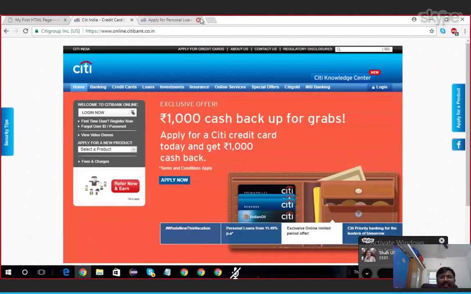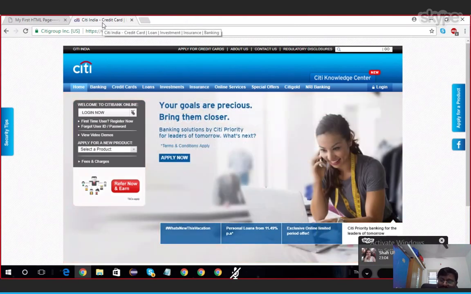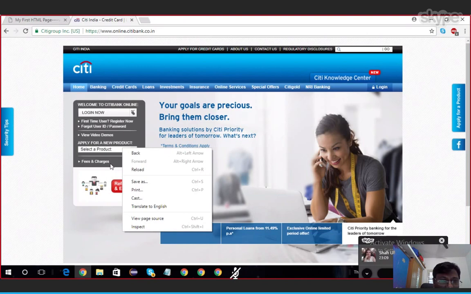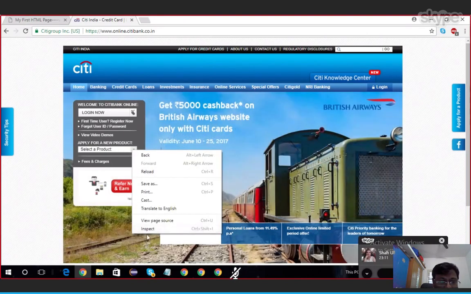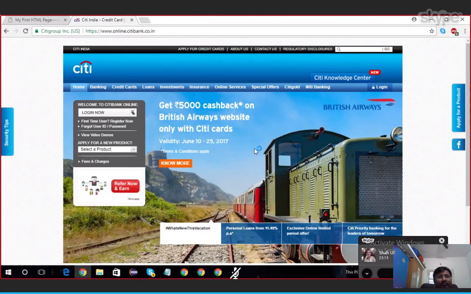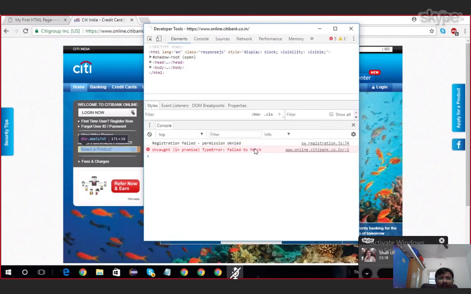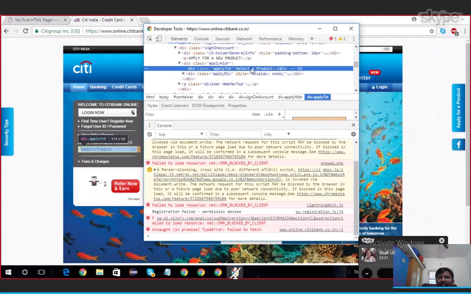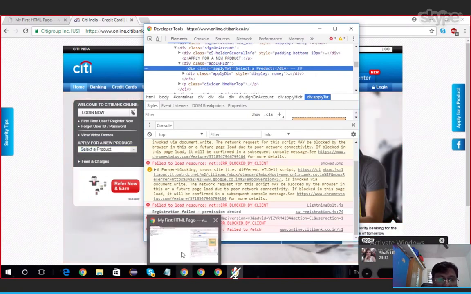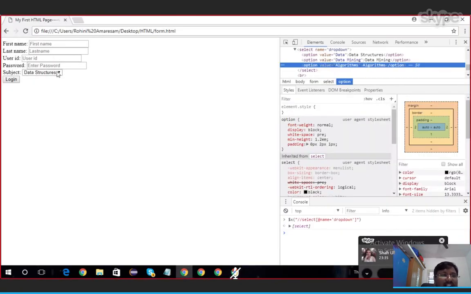In this case, just like a normal click, find the XPath of this element. See here, inspect element. This is just a div tag, not a select tag. It is not a select box. The traditional select box is the one I showed earlier, and for that the procedure is different.